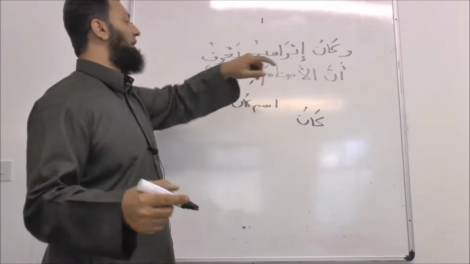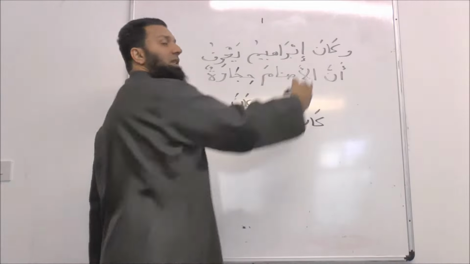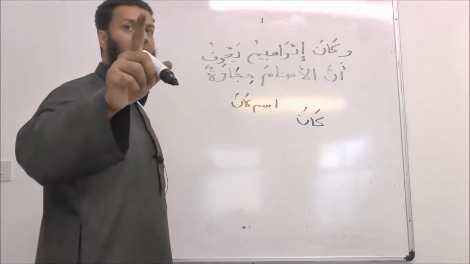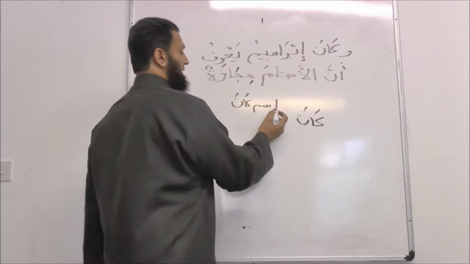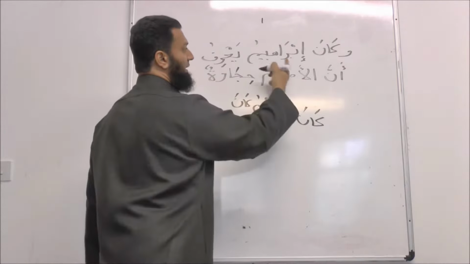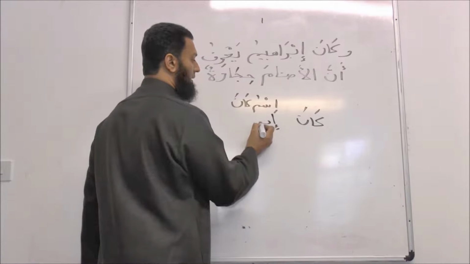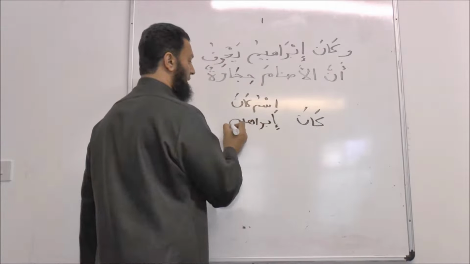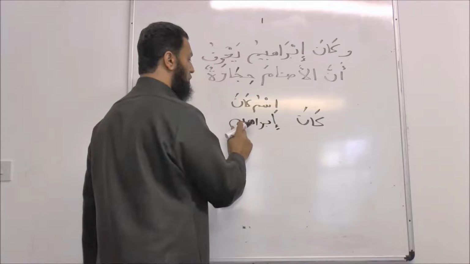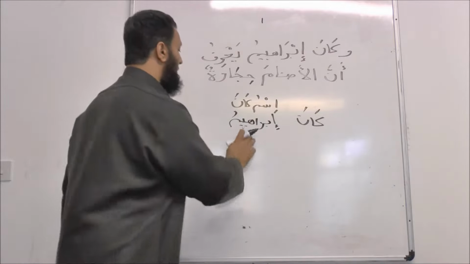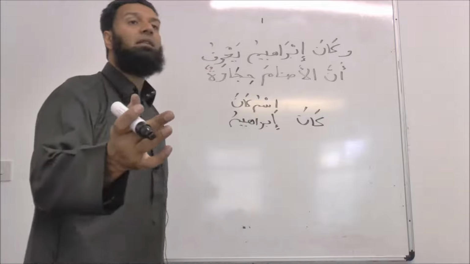Azaru, like Ibrahim, the first ism that follows kana is usually the ismu kana. So this is kana Ibraheem, because our ismu kana is always